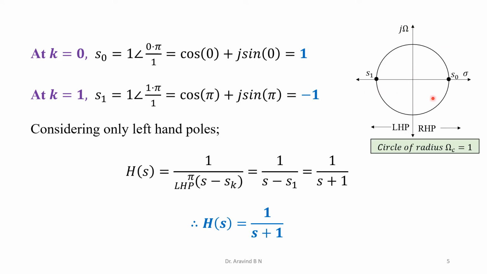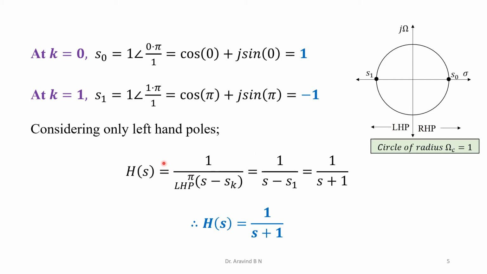On the x-axis we are going to have the sigma, and this is the origin. With respect to the origin, positive real values and negative real values. This is the y-axis we are going to have, and these are the complex valued representation. Now 1 represents the real positive value, therefore this is the S0 location. Minus 1 is a negative real value, so this is its position. This is the left hand pole and this is the right hand pole.